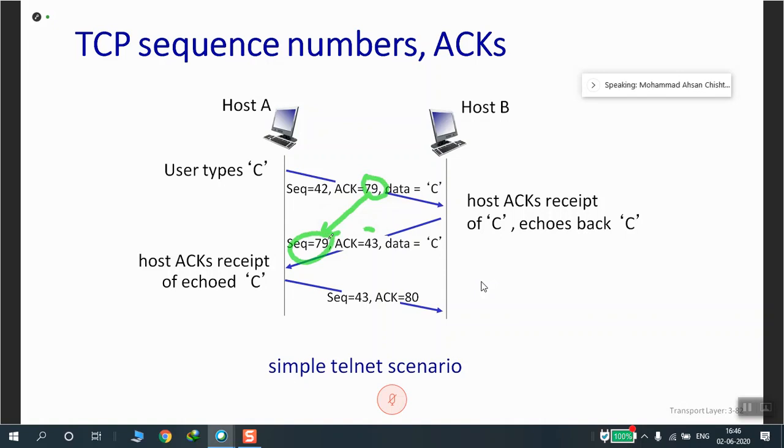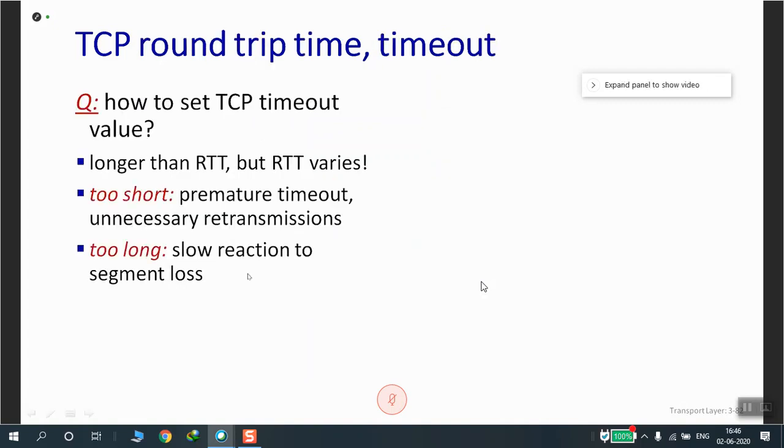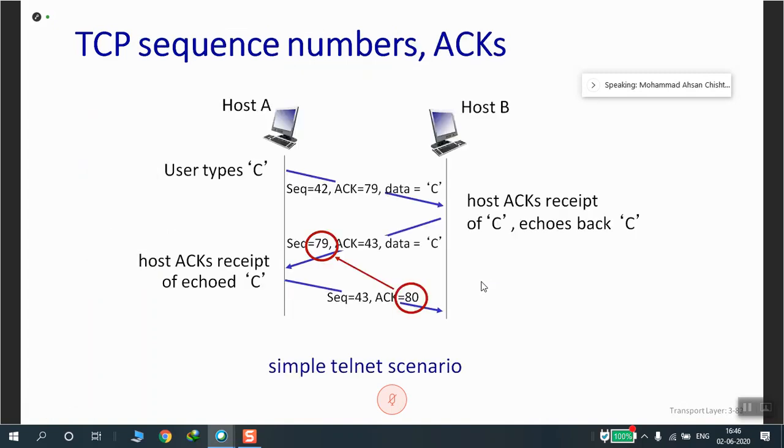What does it mean? It means that I have received sequence number 42 and I am expecting the next packet as 43. That's why the host sends 43 here. Sequence number 79 is sent, and it sends back the next one.